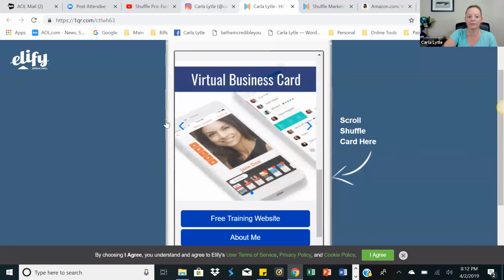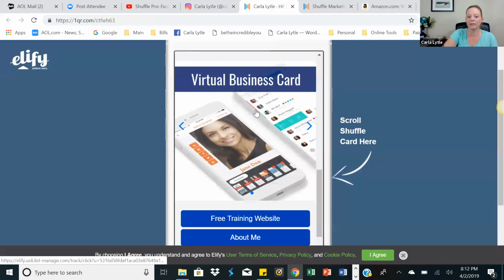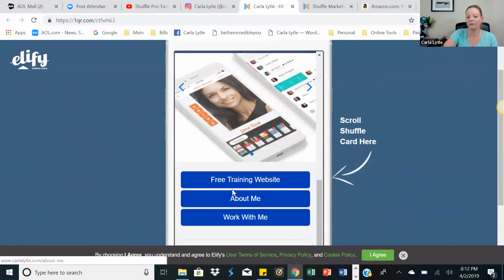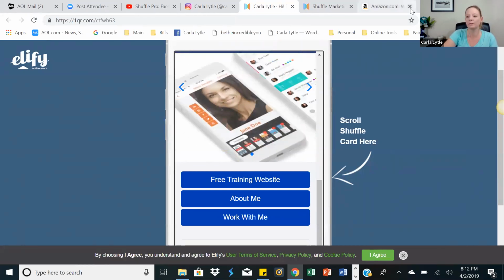So if you're selling this necklace and you say, if you want my jewelry, check out the link in the bio, you put a picture of your necklace here, and then when they click on it, it takes them to that necklace on your company sponsored page. You can also add websites at the bottom. So like if you get too much in here, or let's just say you did a really good Facebook post